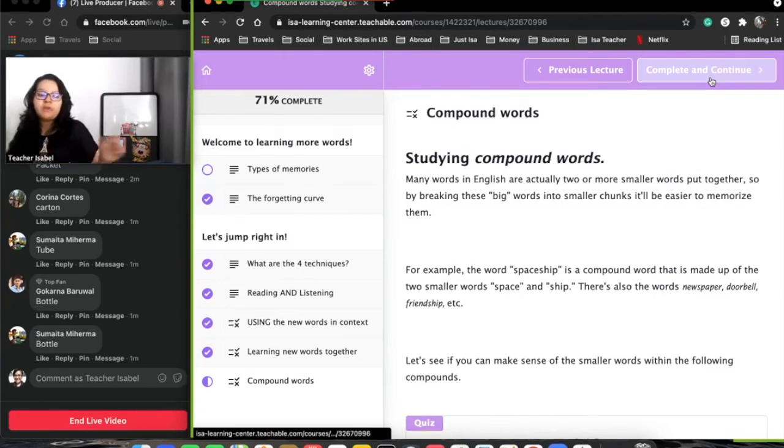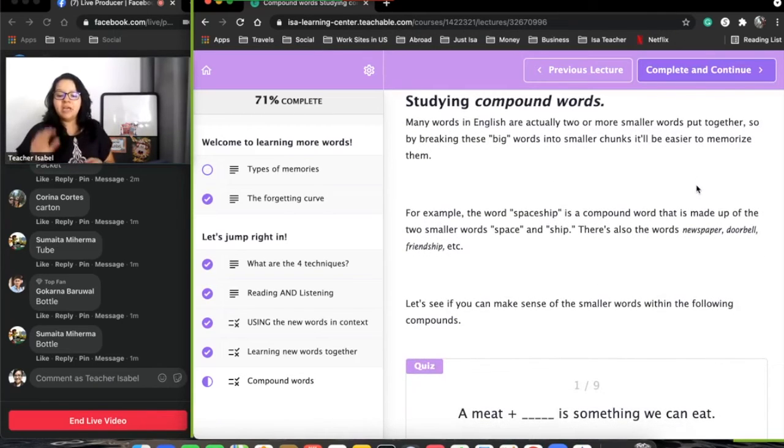Next up, we've got compound words, and this is the last super tip that I've got for you. Is to study compound words. So like I said, a lot of English words are actually compound words. So basically 2, maybe 3 smaller words put together to make one big word. For example,